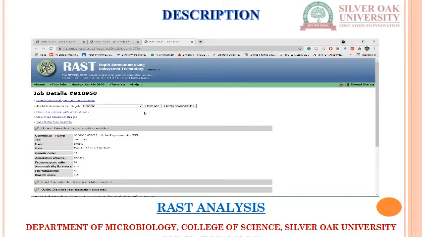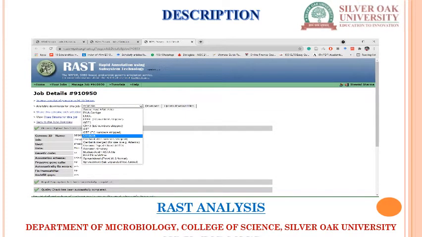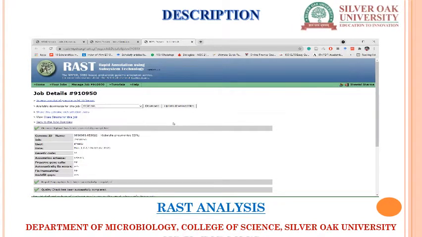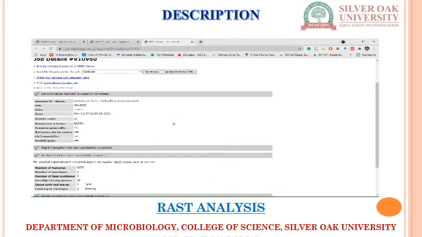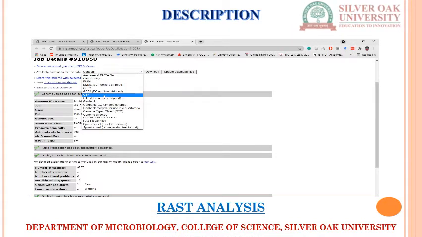Whenever you click the sequence, RAST will give you a number of options to download the format. See, GenBank, FASTA, there are a number of options, even an Excel sheet. This is the benefit if you want to convert your file from one form to another, like from FASTA to NCBI form, that is GenBank or GFF form, EMBL form.